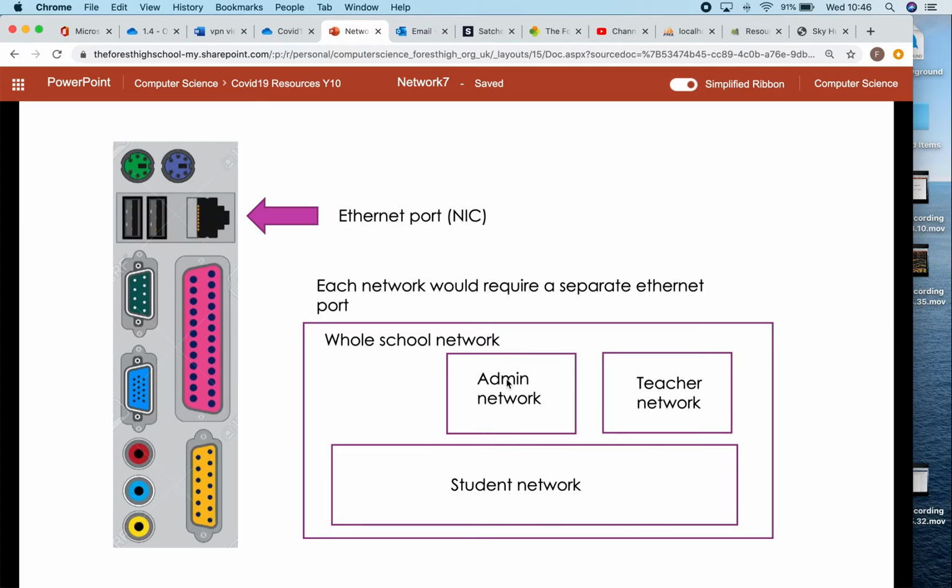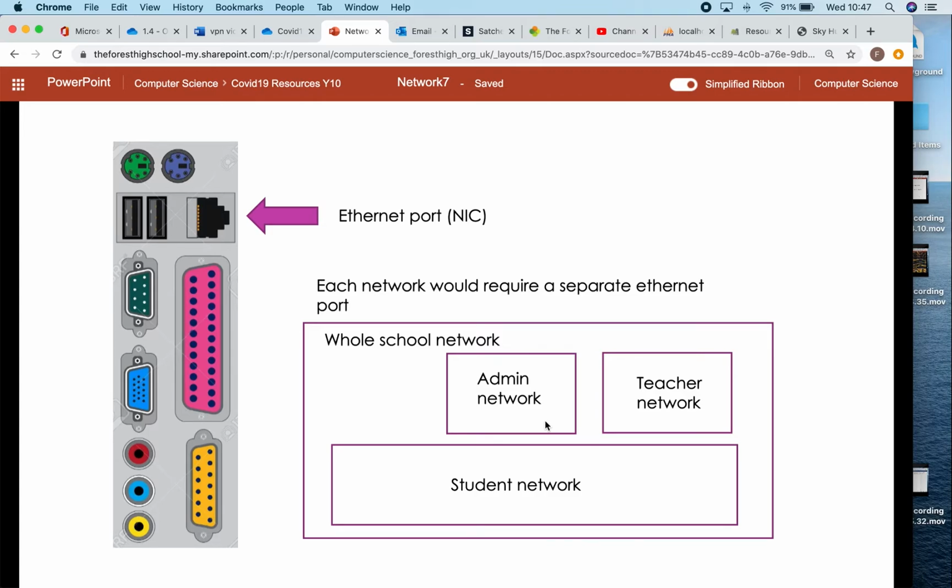So all the computers would connect into an admin network because they keep important details, personal details, sensitive details on their network, letters home, etc., doctor's information. Whereas the teacher network wouldn't require that information, so they would probably just need the software necessary to teach and maybe a link to home so it could remotely connect into the network. And then we've got all the students on the student PCs and they'd need a similar network, but not as great as the teacher network, and certainly not be able to access the admin